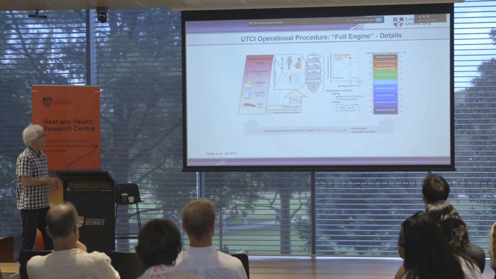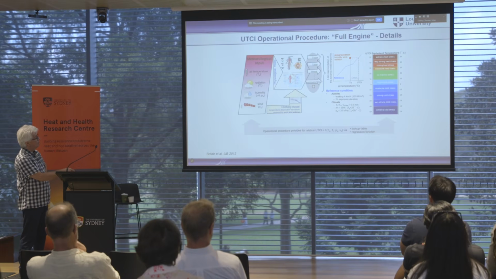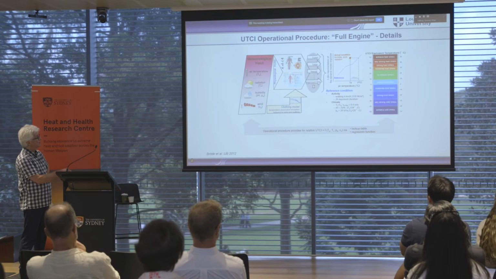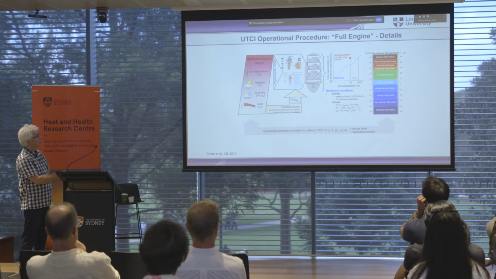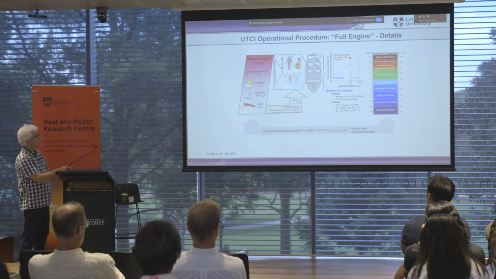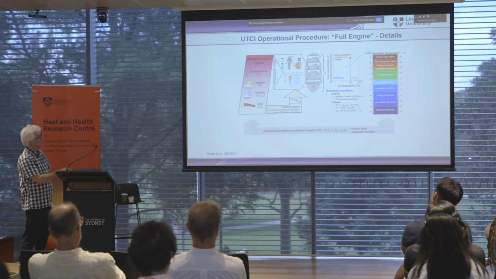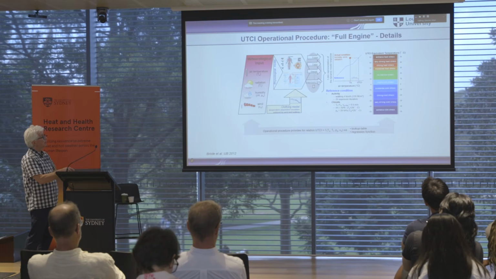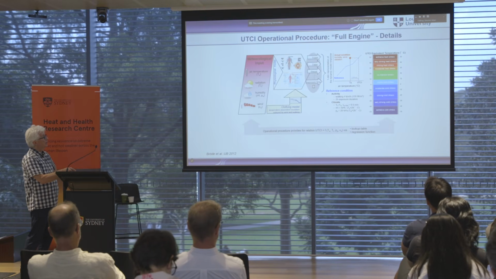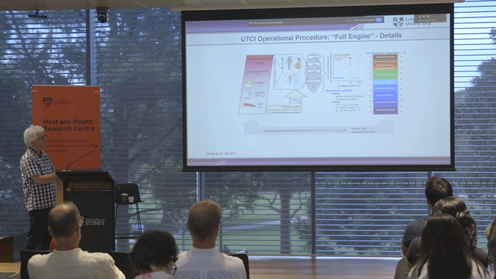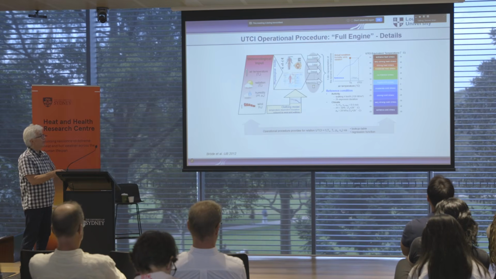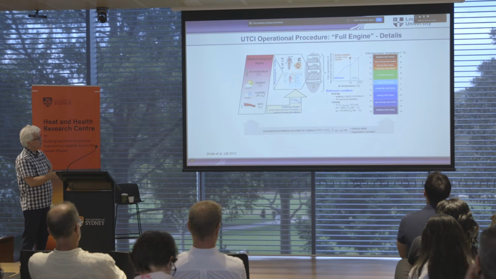So look at the whole package. We measure all our meteorological input. We have a clothing model based on ambient temperature that indicates how much clothing people are wearing. That all goes in, and you have the metabolic rate of walking, that all goes into the model. You then calculate the actual condition, you bring it to the reference condition, that gives you your UTCI value, and you can then, if you want to, compare it to this list of categories: extreme heat stress, very strong heat stress, strong heat stress.